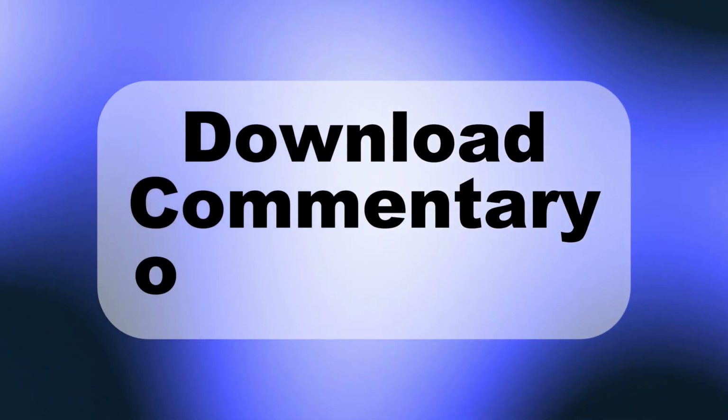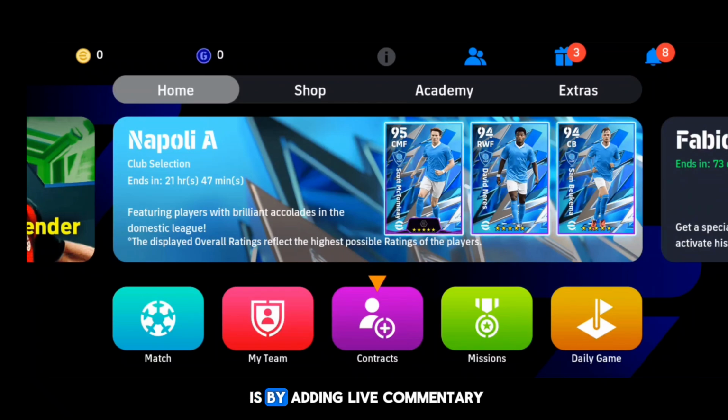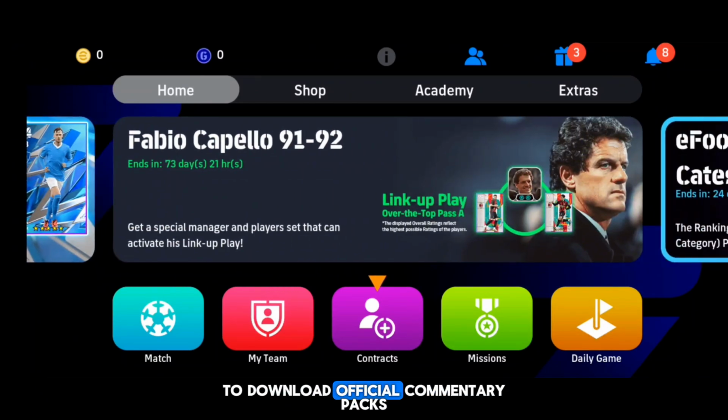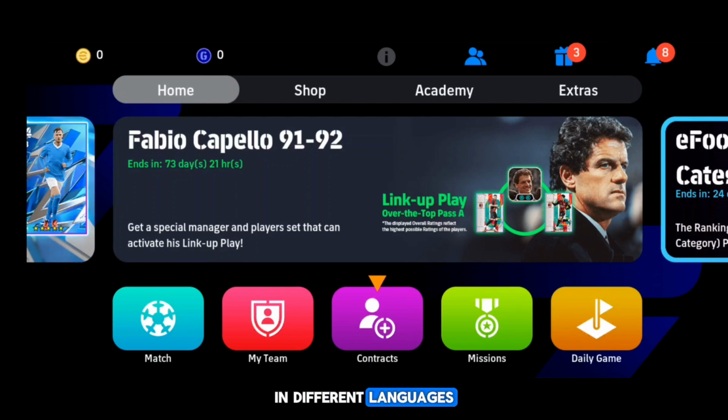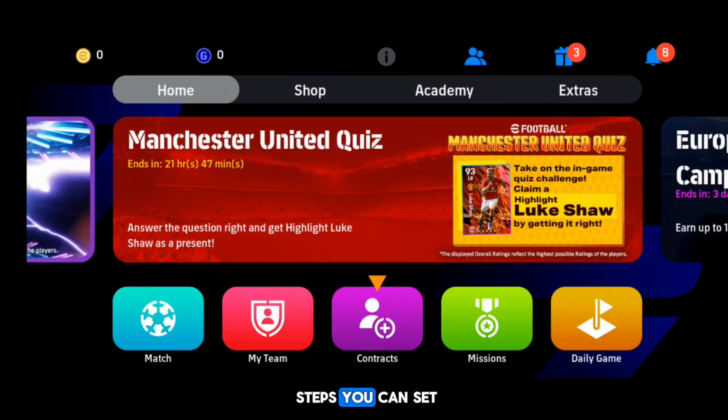One of the best ways to make matches in eFootball more realistic and immersive is by adding live commentary. The game allows you to download official commentary packs in different languages so you can hear real commenters calling the action as you play. With just a few steps, you can set up commentary on your device and enjoy a